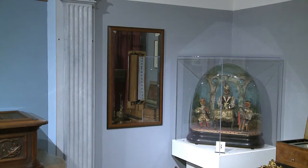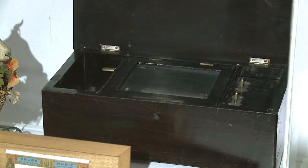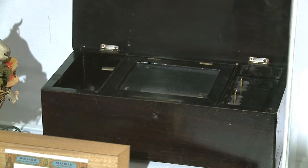Included in the exhibit is the musical box that sparked Guinness's interest in these types of instruments. After receiving this black box from his mother as a gift, Guinness's fascination with these instruments took on a life of its own. It's a relatively innocuous, small, Swiss-style cylinder music box, but it's where it started. And it shows people that it doesn't have to grow to the extent that Mr. Guinness took it. But everyone can enjoy the technology and the performance, the entertainment value in these instruments,